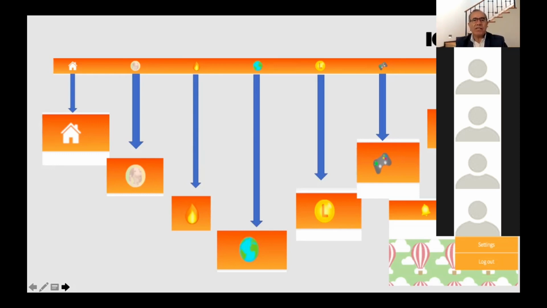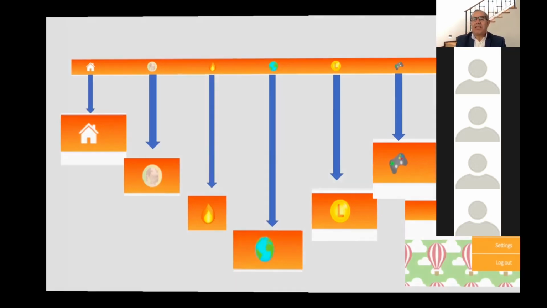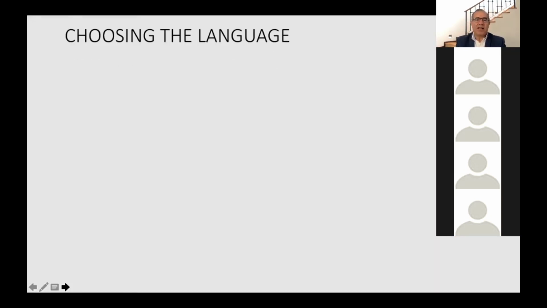So one of the first things you need to do with your students is to work through these icons step by step, what they can do with them. I'm sure after 2 or 3 times the students will get familiarized, and sometimes it happens like us. We buy things and we don't read the instructions, so we just start clicking whatever we want, and one day we learn. But if we explain one by one, it's the best way to use it properly and to take advantage of all the tools that Little Bridge has.